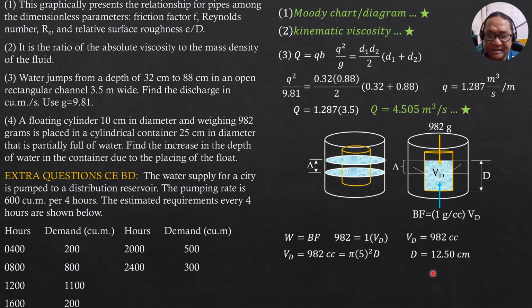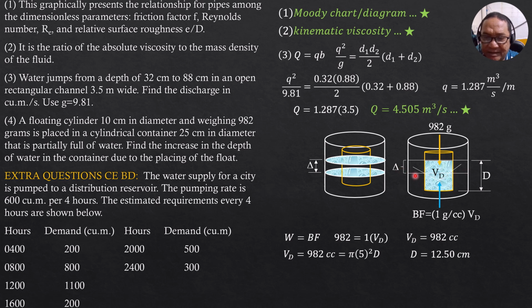Then the draft is equal to that value, 100. As mentioned earlier, this volume is the area of the big circle minus the area of the small circle times delta. That's the volume. Pi quantity 12.5 square minus 5 square times delta is equal to this volume here below the